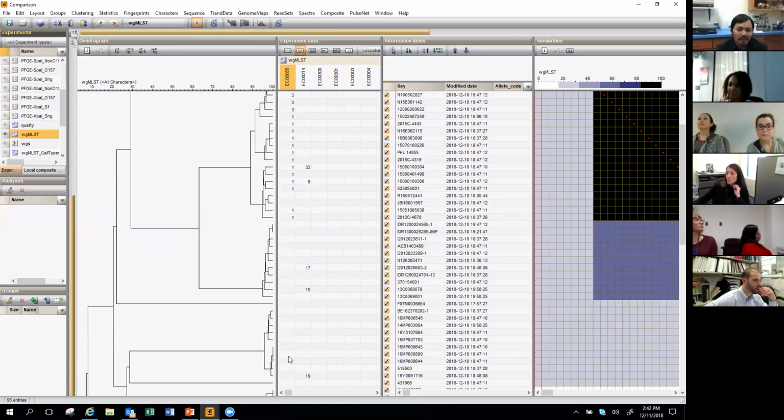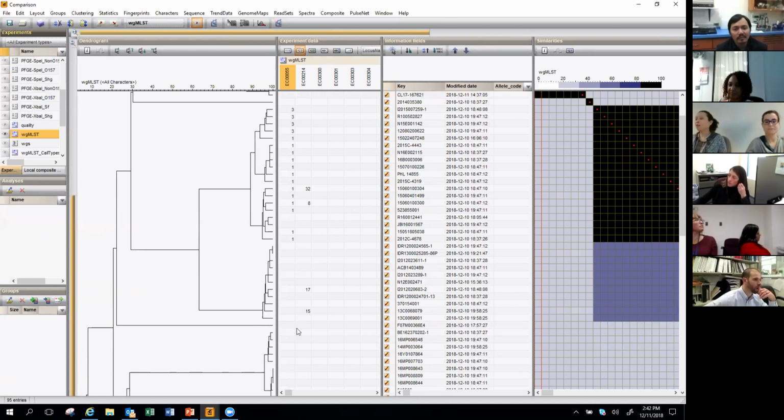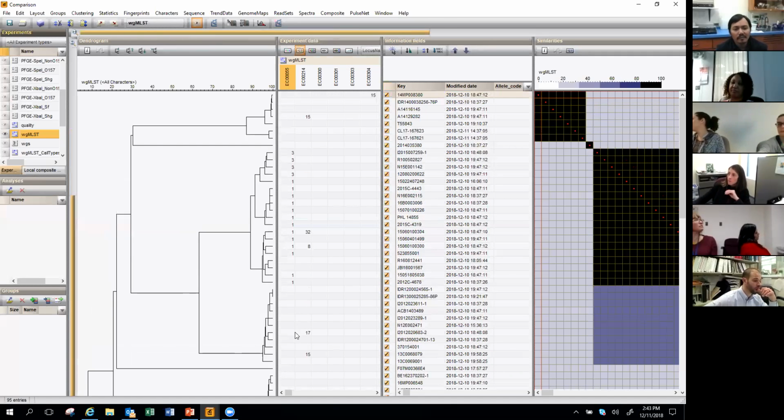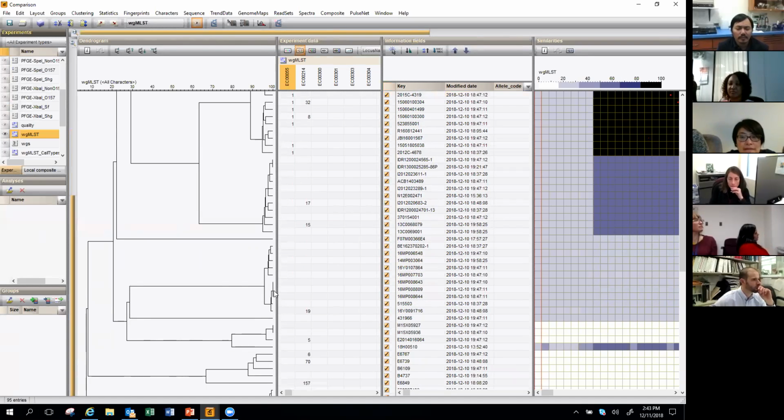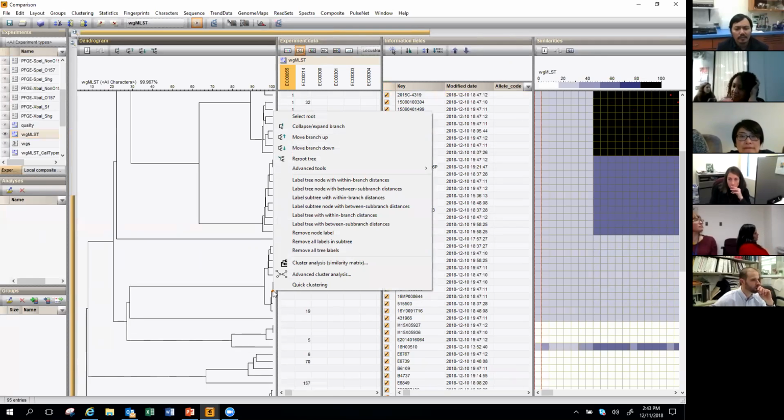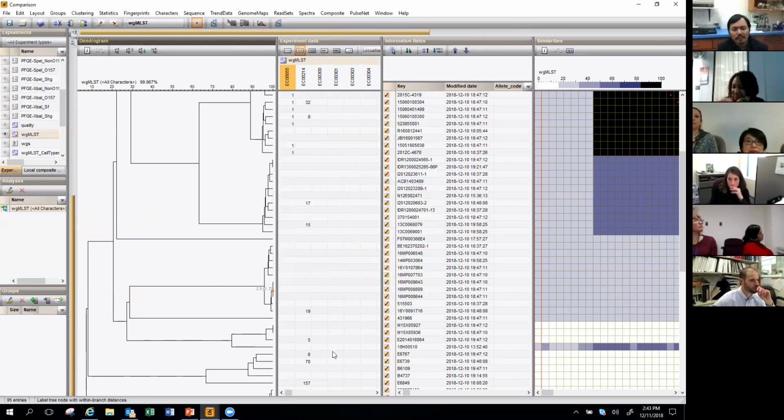I don't really know. Well, one of the tools we have is a way to label your dendrogram to find out. You are looking for more of your flatter lines. That's your indication that you might actually have a cluster based on sequencing data. Something that branches out on this level is probably more branching than we would expect to see in a cluster. But one way you can do this is find what you think might be a cluster, right-click on the node associated with those entries, and then do label tree node with within branch distance. What this does is put a median, minimum, and maximum allele difference of these three isolates